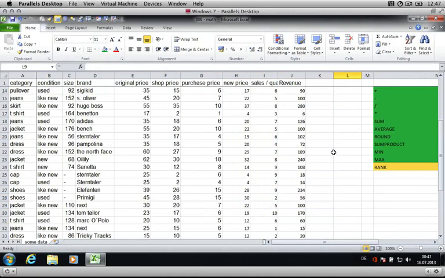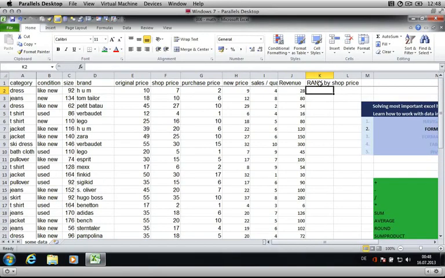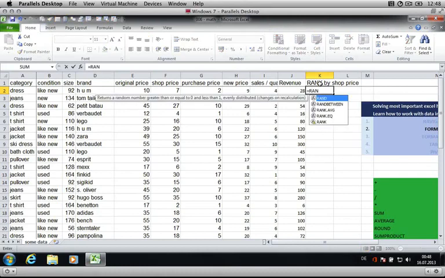So tackling the last one, which is rank. Rank gives you basically, based on a set of data, the rank of, for example, the highest or the lowest one. For example, let's take the shop prices, and you want to know what is the most expensive item in terms of price in the shop, what is the second most expensive, the third most expensive, and the least expensive. In that case, you can use a rank function, and let's call it rank by shop price. And what you want to do is you want to do rank,